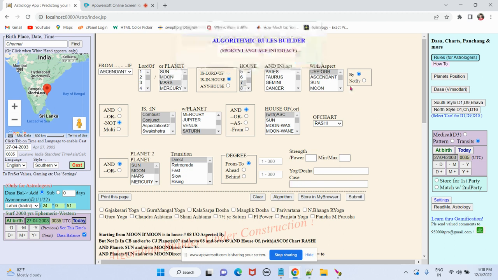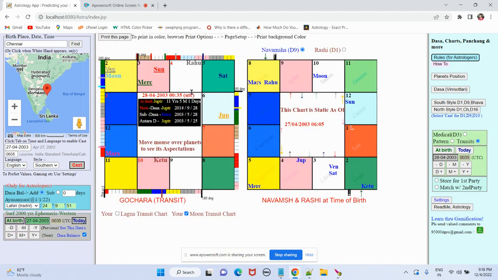So these are some things which happen for me. Natural language gets generated. This is still not AI or ML, yeah, but it is pretty complicated. Now, the natal Moon was here. This is the date 27/4, in Gochara also. So when the Moon comes here to Virgo, it will be the Chandrashtama.